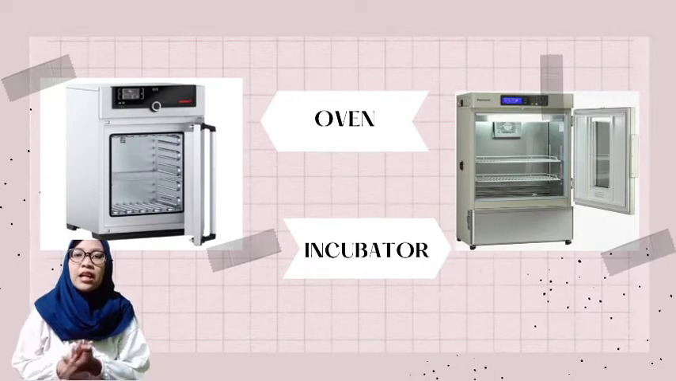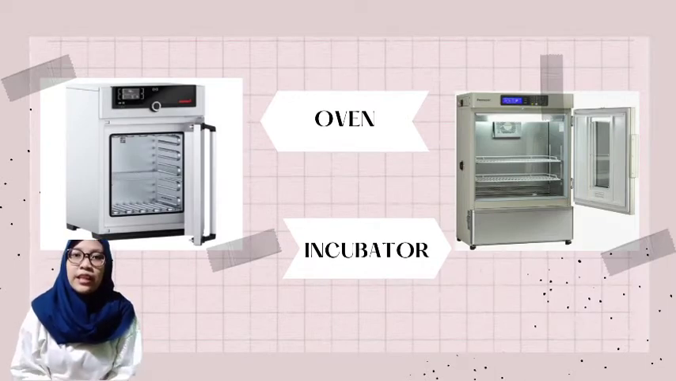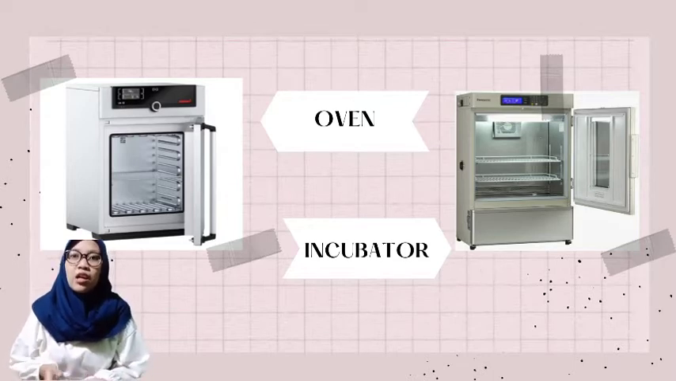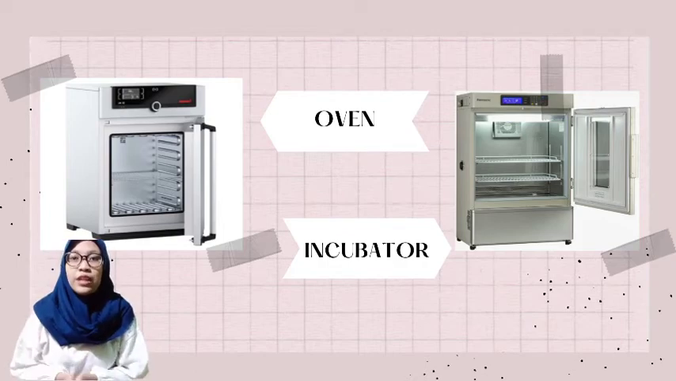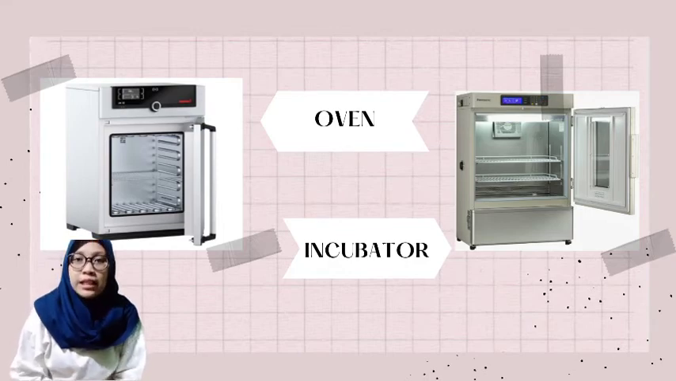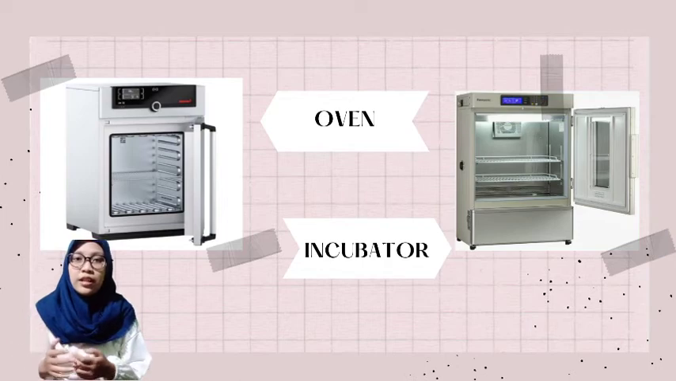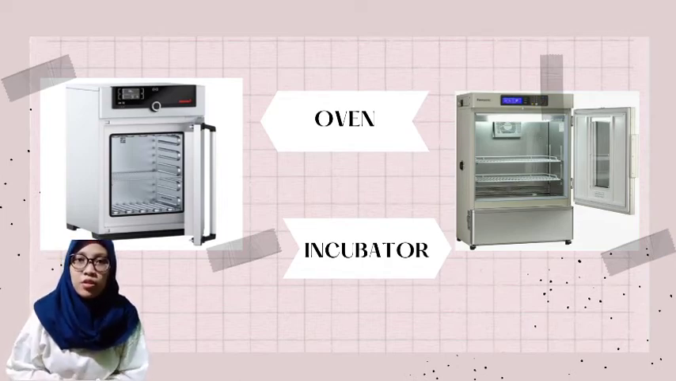Okay, next, oven and incubator. It can be difficult to visually distinguish between oven and incubator because they often look very similar. The difference between the two is the maximum temperature specification. Incubators generally have a maximum temperature of up to 100 Celsius, whereas laboratory ovens typically have a maximum temperature of around